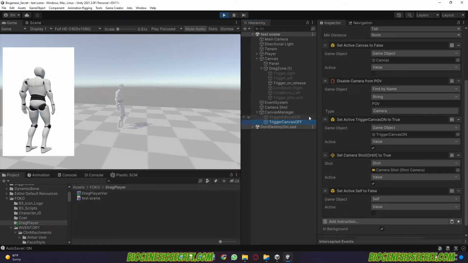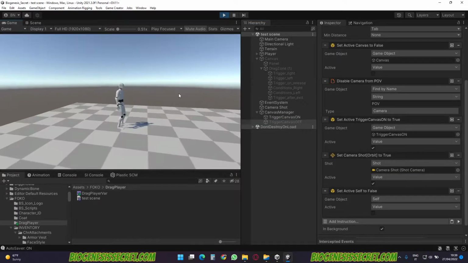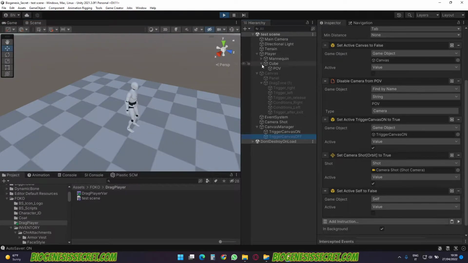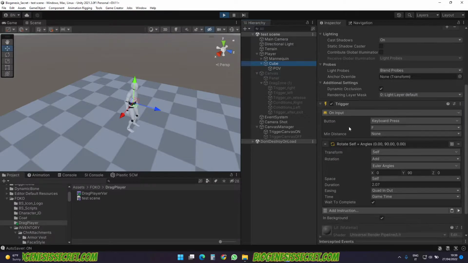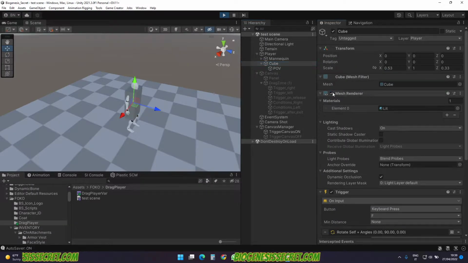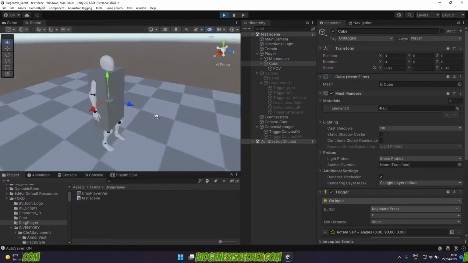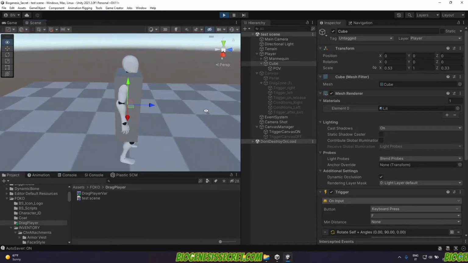So let's see what the camera on POV is. Now on the player, let me turn off this and go on the scene mode. On the player over here, I add a cube. I'm gonna enable the mesh renderer. So this is a cube. Now it can be a sphere, can be whatever you like, but it has to be at 0 0 0 on the player. Okay, and then I add another